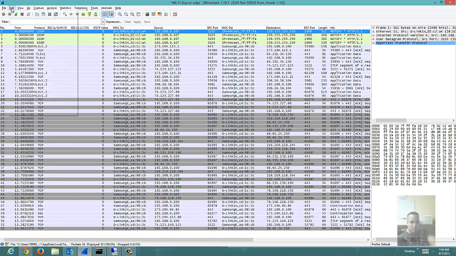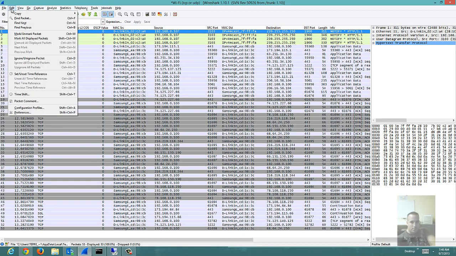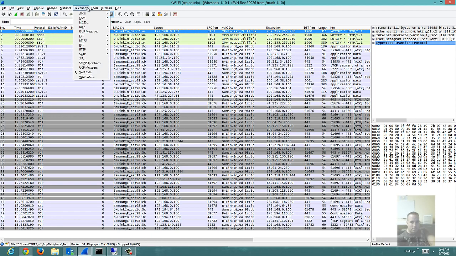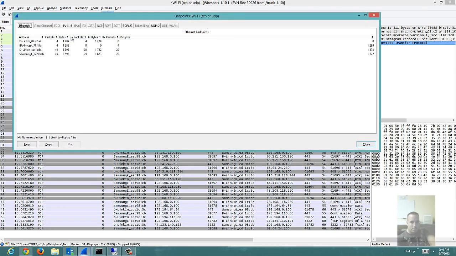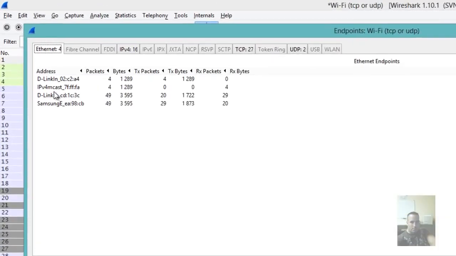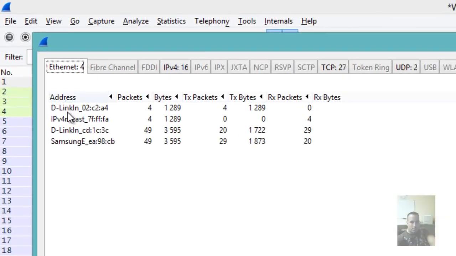While we're going over the menus, I'll keep going through that. One of the things that I do quickly as soon as I get a trace is verify a couple of things. One is that it has the devices or the traffic that I'm looking for. The way I can do that is I can go to Statistics, and then I believe it's Endpoints. Yes. So Endpoints, by looking at this window, I can tell that I have traffic